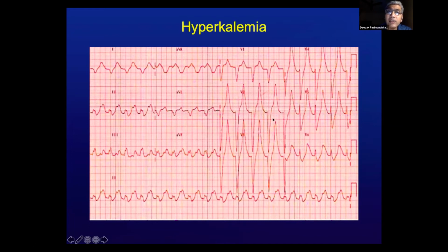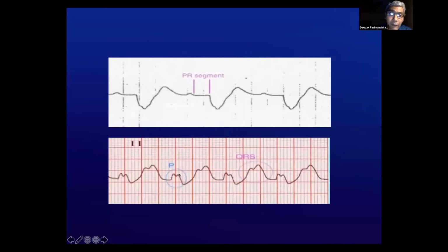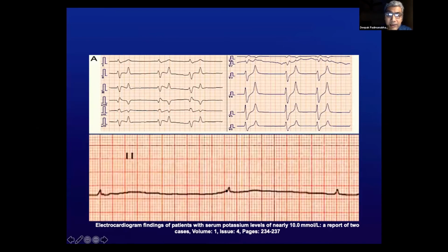So very tall T waves are usually defined with respect to the height or the depth amplitude of the QRS complex. If it's near equal, these are tall T waves suggestive of hyperkalemia. Remember, hyperkalemia changes can be across the atrial depolarization on the ECG as well as the ventricular depolarization and repolarization segments. There is characteristically a PR segment prolongation, a widening of the QRS, bifid nature of the P wave, loss of the P wave, junctional rhythms, widening of the QRS again, and finally, what is a probable direct sine wave pattern with poor QRS depolarizations.